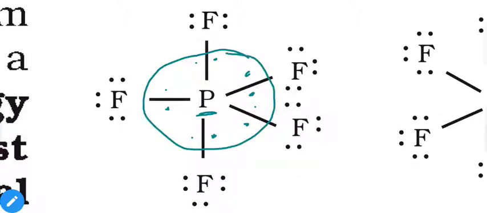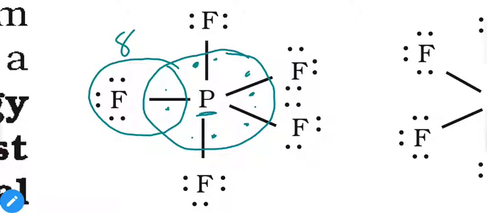How? Because we have 5 bonds, and each bond has 2 electrons in it. That means we have 10 shared electrons. So if we check the octet of phosphorus, you will notice you have a total of 10 electrons in it. If you check each fluorine, you will notice they have 8 electrons in their octet, so they are satisfied. But phosphorus contains more than 8 electrons. It contains 10. In the case of SF6, it increases even more.